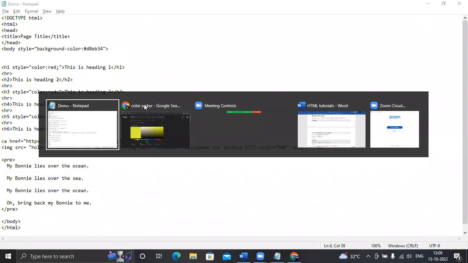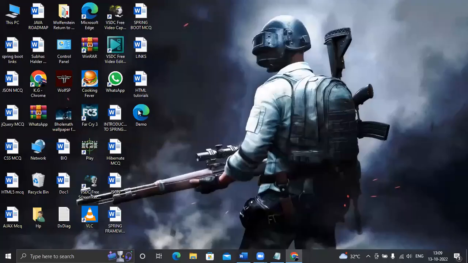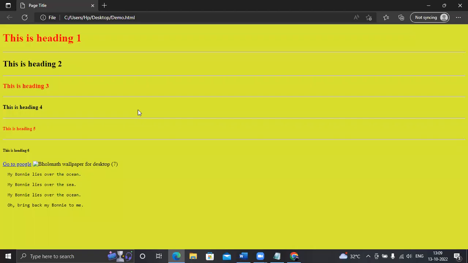Let me run the program. Look, using the code you can change it. Can anyone tell me what is the actual name of that color? That color has some light and some dark side. Can anyone just tell me the name of that color? Because we don't know all the names of colors.